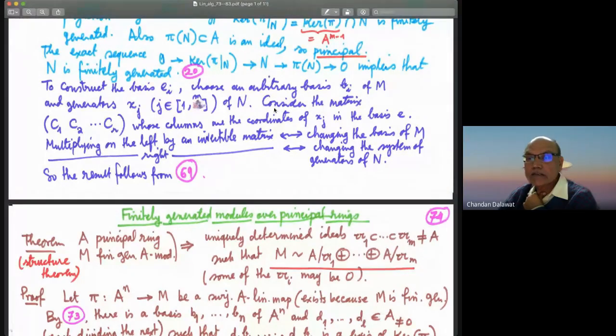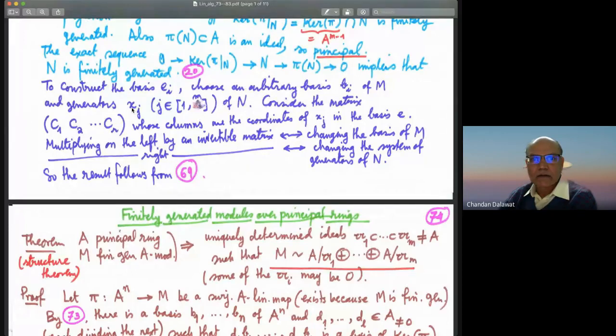So now let's consider the matrix whose columns are the coordinates of xj in the basis E. E is a basis of the module M, and basically, this R should be this M, or maybe this M should be R, one of those things. They are equal,